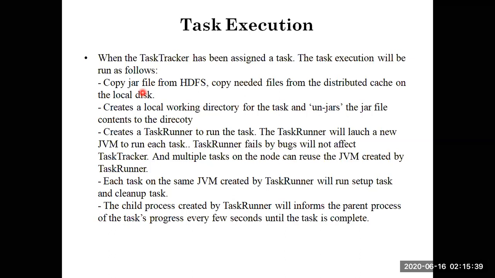It is something similar to that. Then you can create a local working directory, and then it creates a task runner.